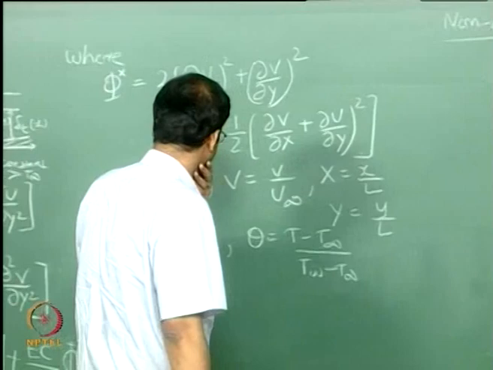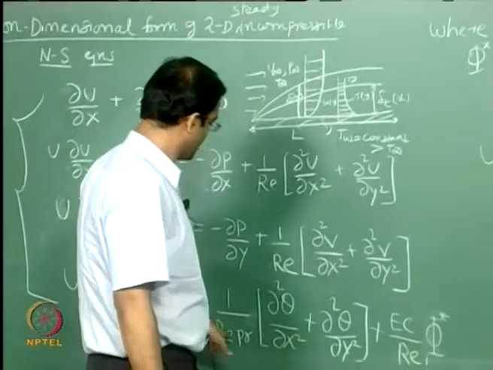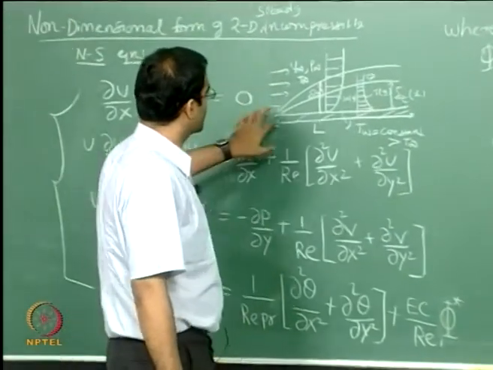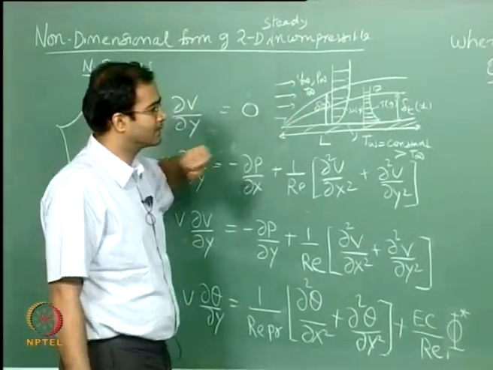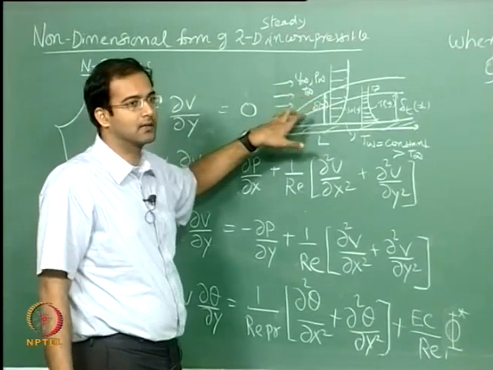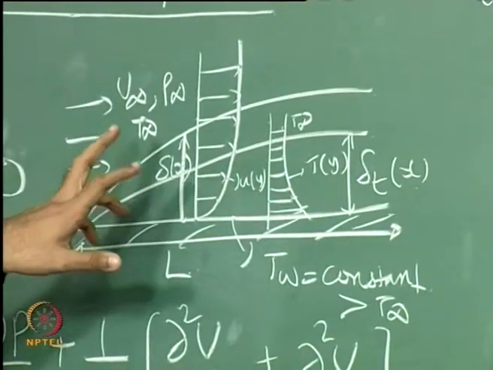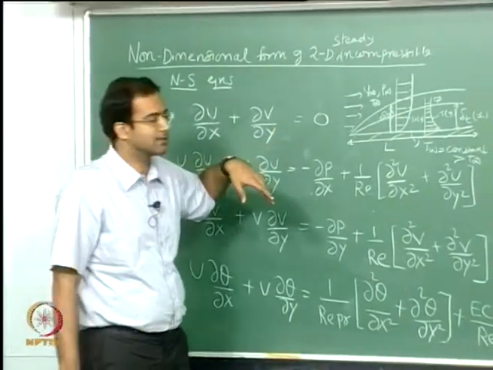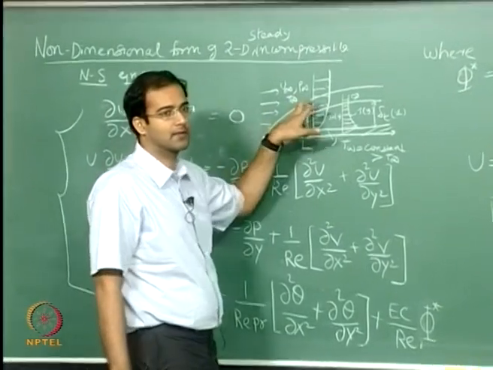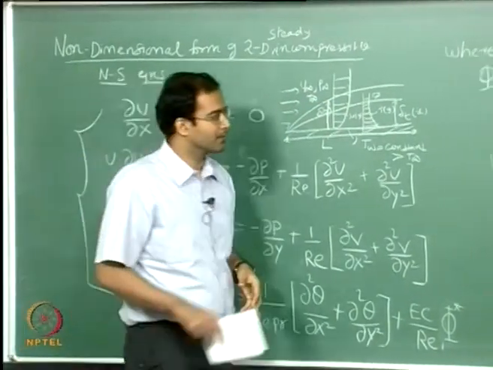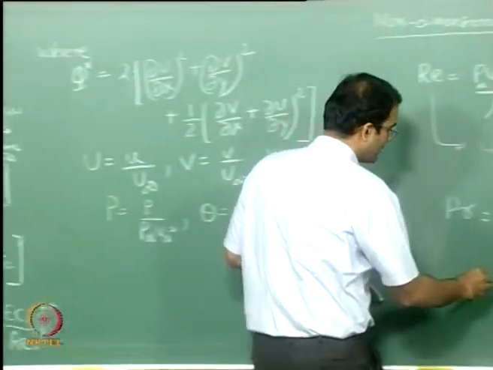Prandtl number appears in the energy equation along with the Reynolds number. If you look at this figure right here, the Prandtl number decides the rate of growth of the velocity boundary layer with respect to the thermal boundary layer. In this case, your velocity boundary layer is growing at a much higher rate than the thermal boundary layer. So your Prandtl number greater than 1